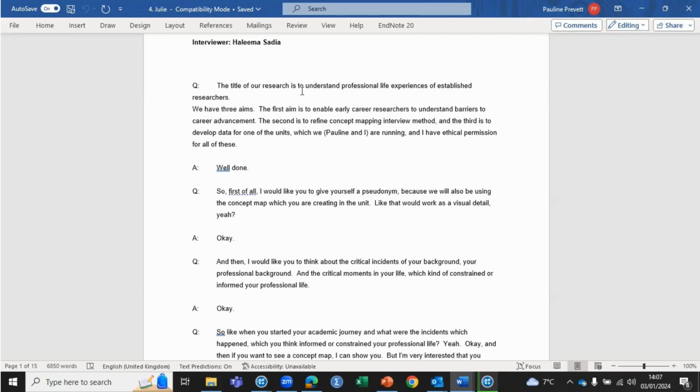Now, in many ways, this is a good way of doing it. But what we don't want is for every interview to have the interviewee as A colon, because I want to be able to work within NVivo and use autocoding to separate the text, but also to retain who it is that is doing the speaking, which interviewee.